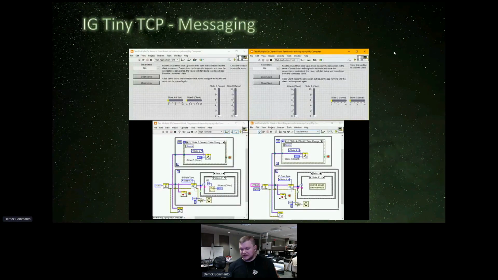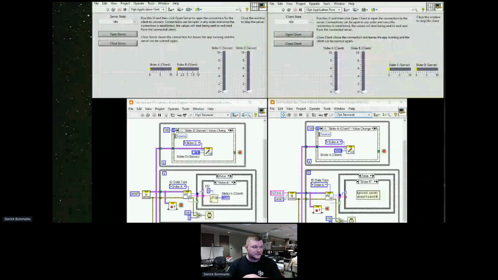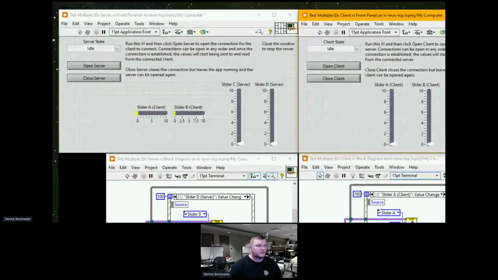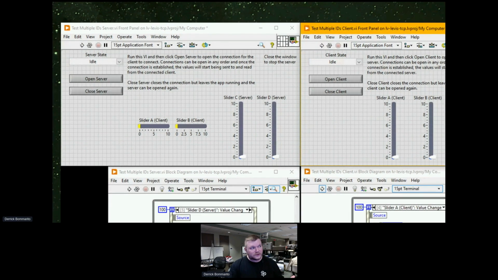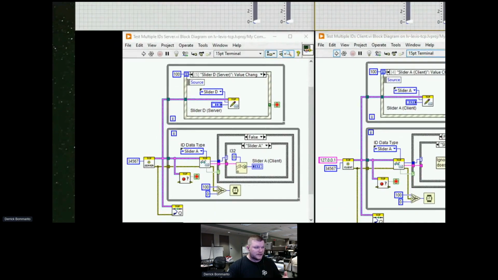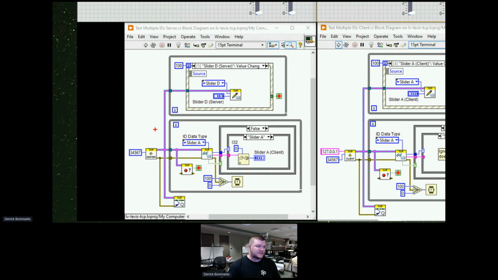So here's an example that we'll be looking at for the tiny TCP library. It's already out of date, and we'll take a look at what the actual one looks like in a couple minutes. But it is pretty small. So on the front panel, really simple functionality. If we look at the block diagram actually first, we can see here that we're going to